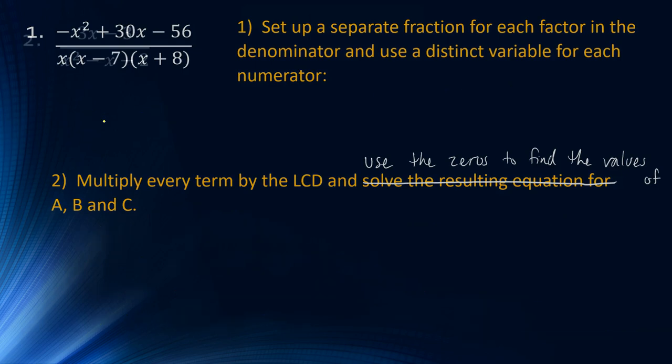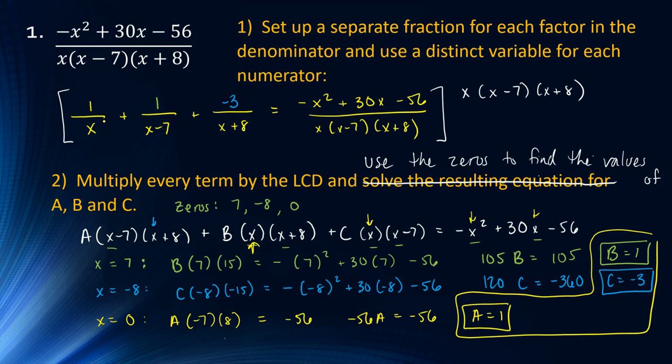Let's look at this next one. Now, the only difference between this one and the previous one is that the previous one had the denominator in factored form. This one doesn't. So let's get that denominator in factored form. So we don't care about the numerator, so we can leave the numerator the same. The denominator,